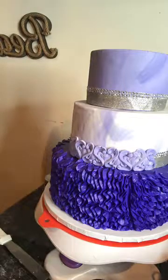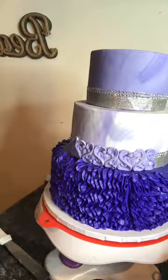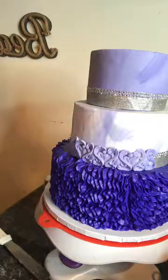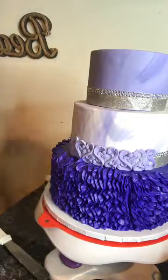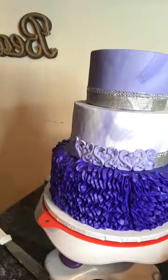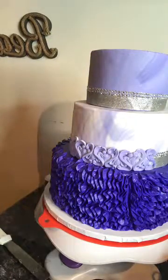So many different ways you can go. You can dress it up even more. Add in a nice brooch on it. I just want to give you guys different options that are available when you do this, because this could potentially be either a wedding cake,